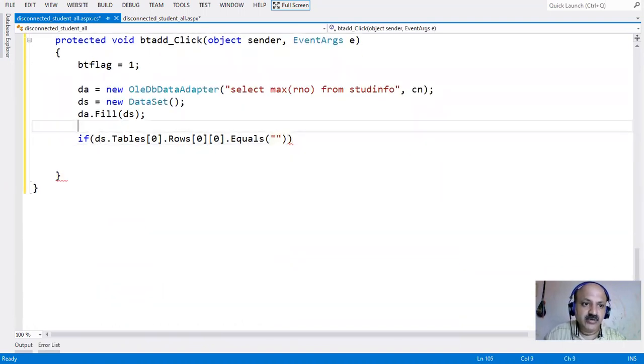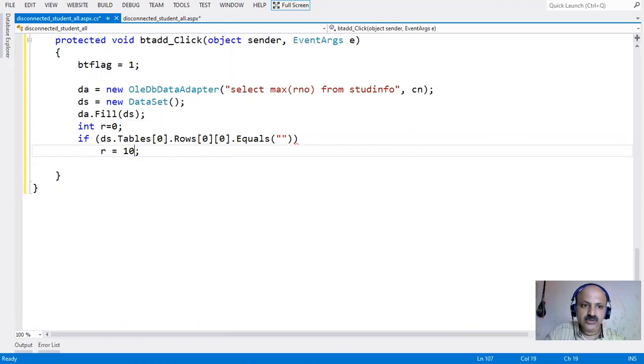So we can take one integer variable like r and initialize it to 0. Here r equals 1, our auto generator. You can also take 101; that is also possible.